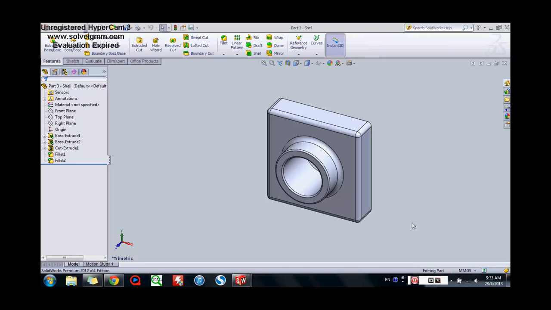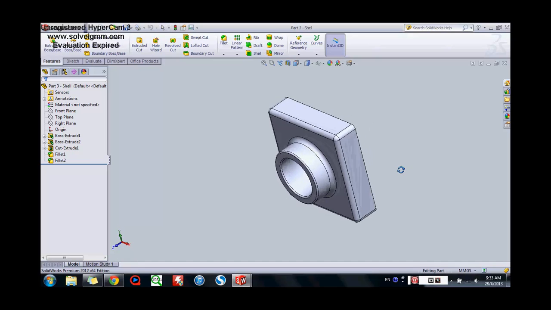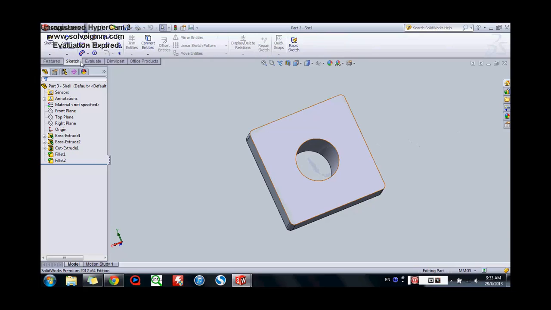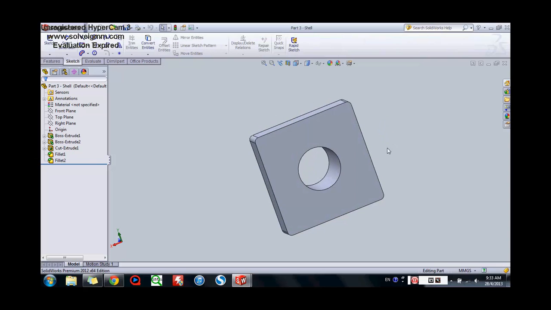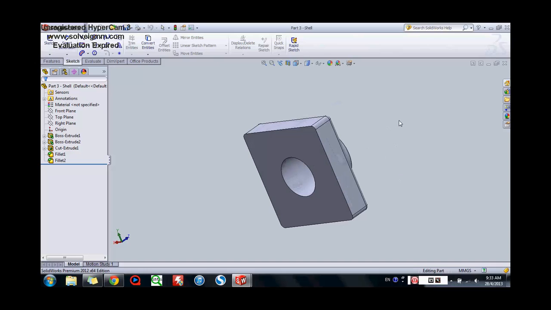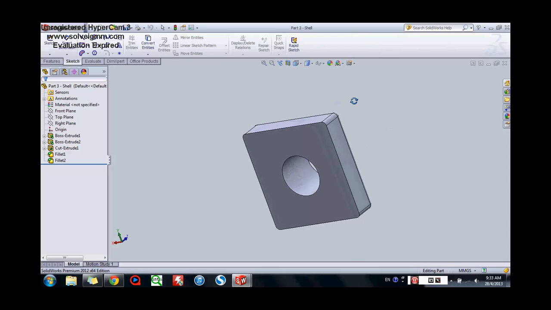Now I'm going to teach you how to remove the back face of the object. Firstly, we need to click on rotate. We need to rotate to the back side so that we can see it and remove it easily. So after we rotate the object to the back wheel,